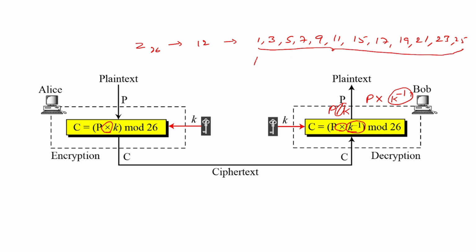Because GCD of 26, 1 is equal to 1 and GCD of 26, 3 is equal to 1. So for all these values, GCD value is 1. All these values are co-prime to 26. If GCD is 1, that means both values are co-prime to each other, relatively prime to each other. Okay, so this set is called